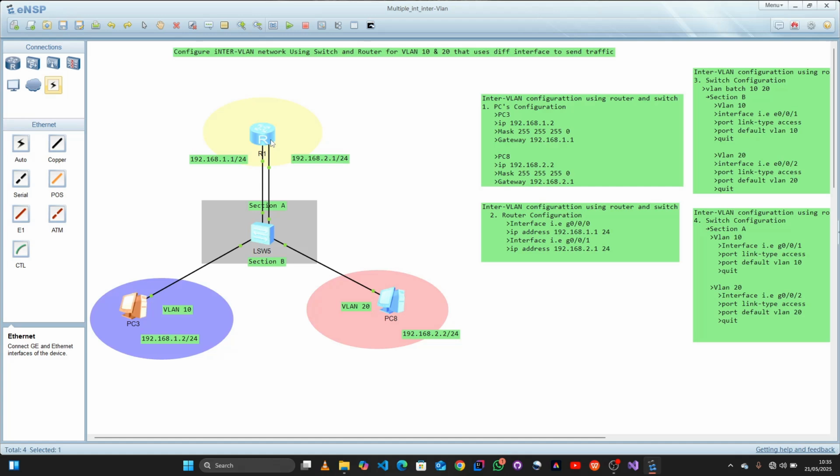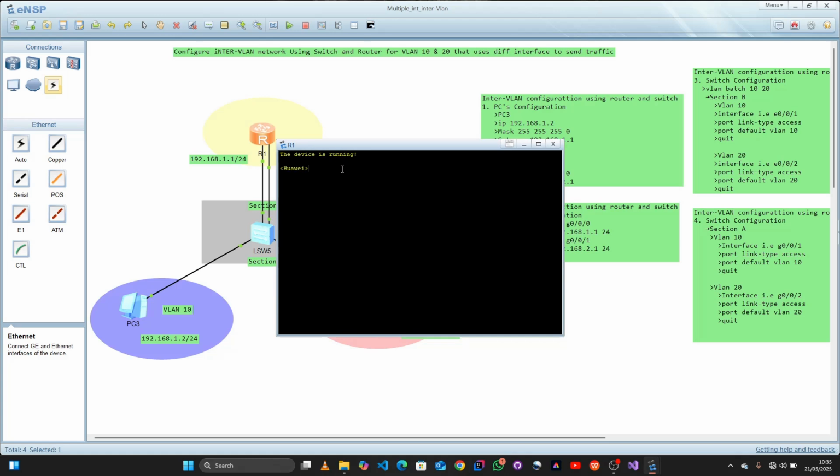All of them we have just configured. I have a lot of videos related to how we can configure this topology within our eNSP. So let's go ahead and configure or insert these interfaces so that our router will be aware of these two interfaces. So open our router,